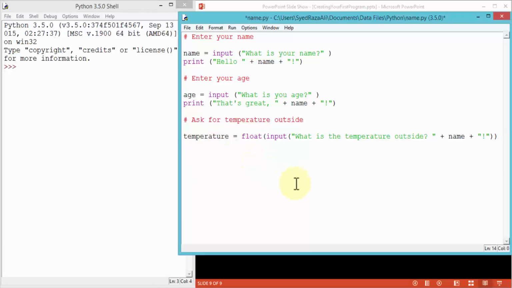Okay, so so far it's going to prompt again for an input or ask the user a question, right? Like, what is the temperature outside? And then I'm going to add a condition to it, right? So I'm going to say if temperature is greater than, right? This is the greater than sign, the operators, remember, is greater than 70,